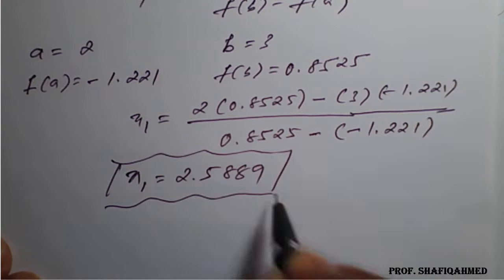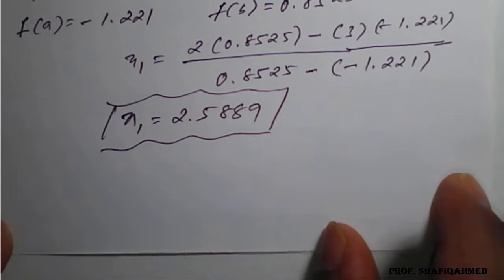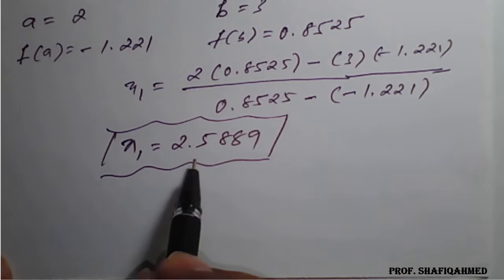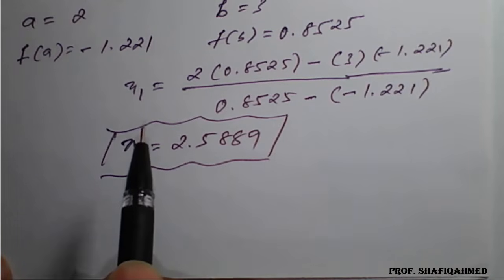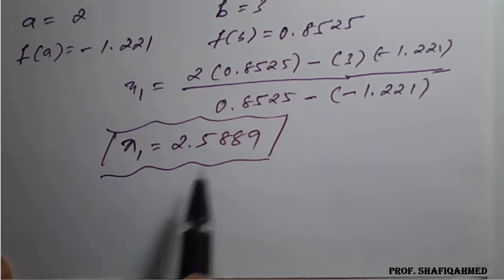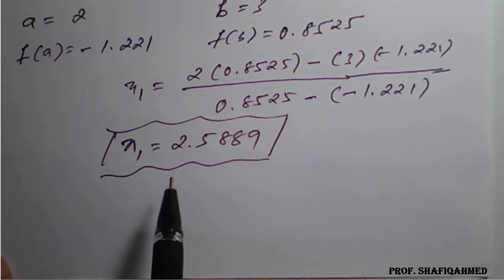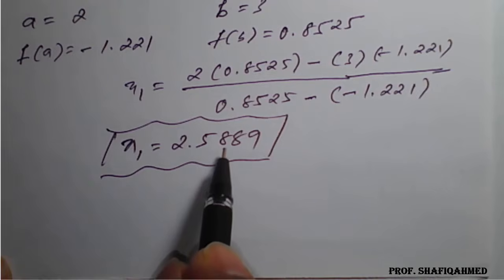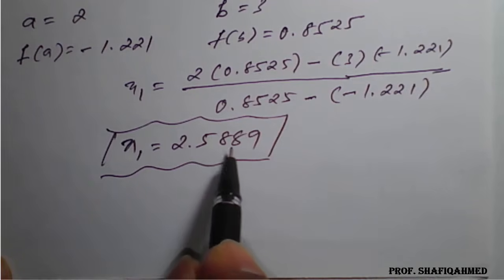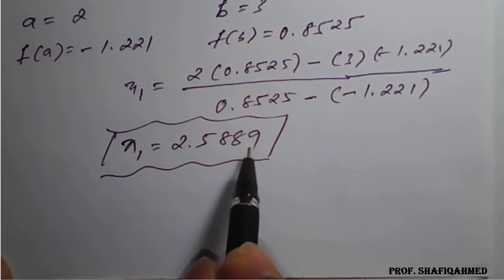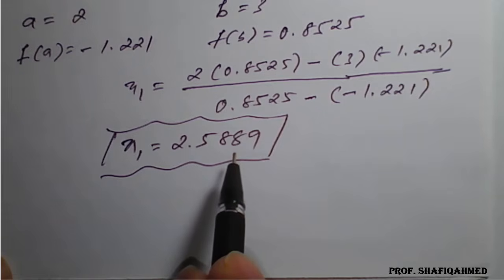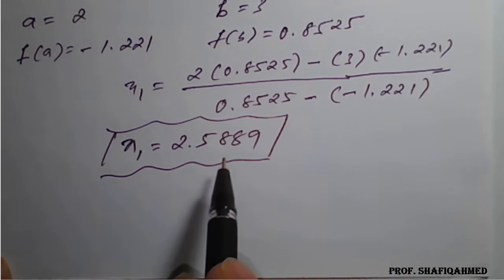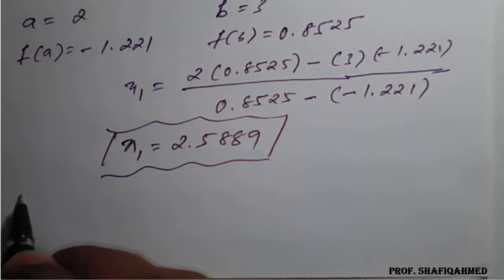So once we get a first approximation, that is the x1 value, we need to check this in the given equation, so that we can find the value of f of 2.5889. We'll see whether that value is positive or negative. If it is positive, we'll change 3, and if it is negative, we'll change 2. So therefore, in the second iteration,